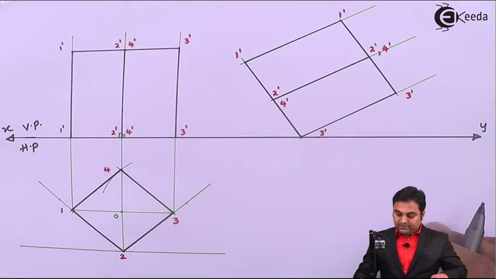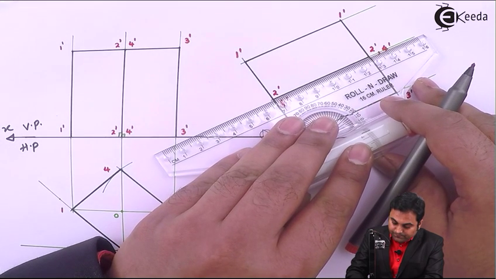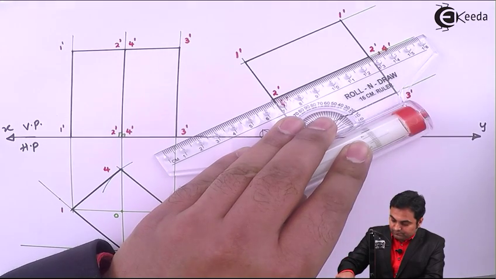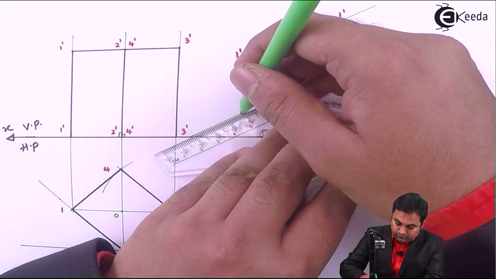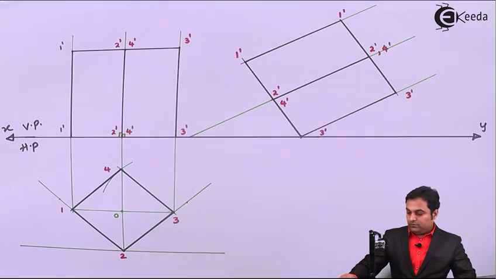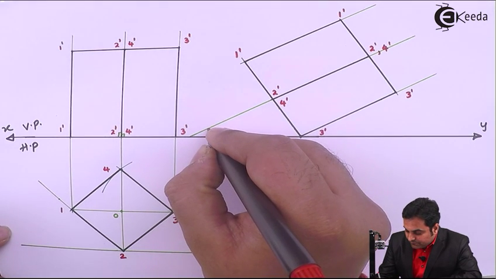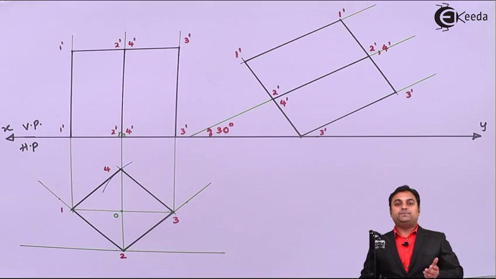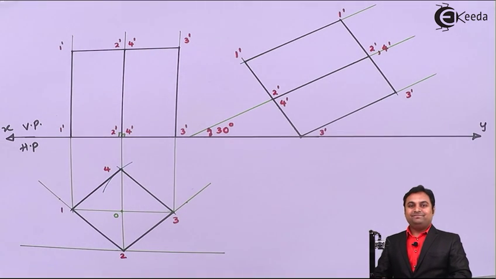And here I can say that the axis is over here, inclined at 30 degree as given in the problem, and it is 30 degree with respect to HP, but it will be seen in VP. Now,